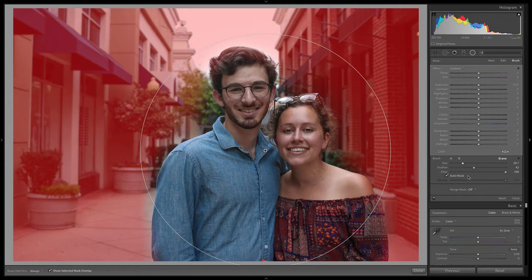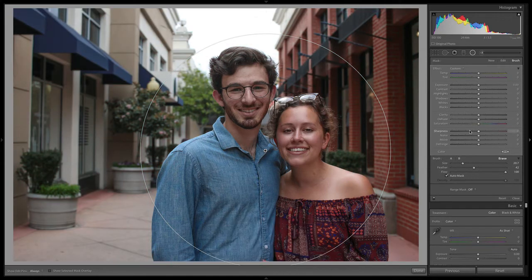All right, cool. So for this first one, I'm really just going to drop the sharpness just a little bit, and then also drop the clarity. So turning this on and off, you can see it does a little bit just to blur out the background even more. And that's pretty much it. But the blur isn't as much as I want.